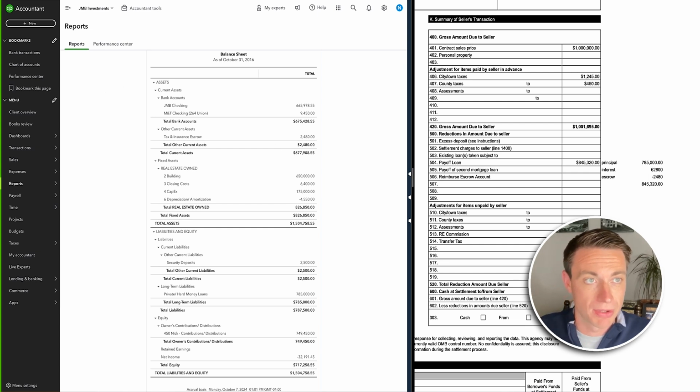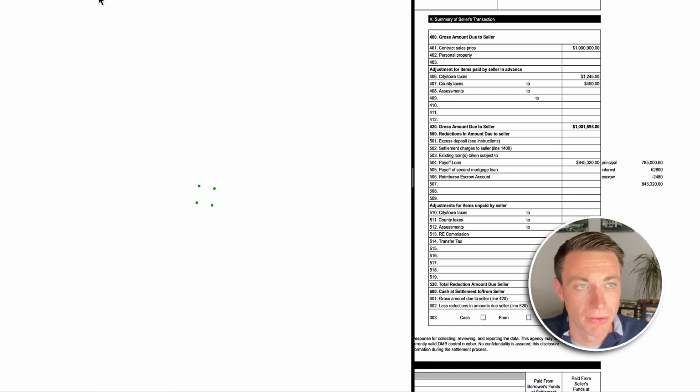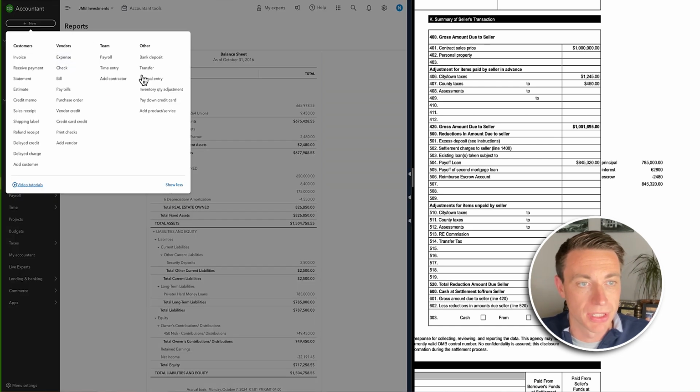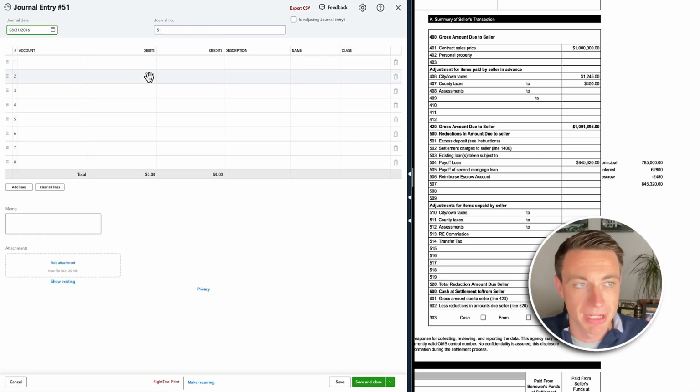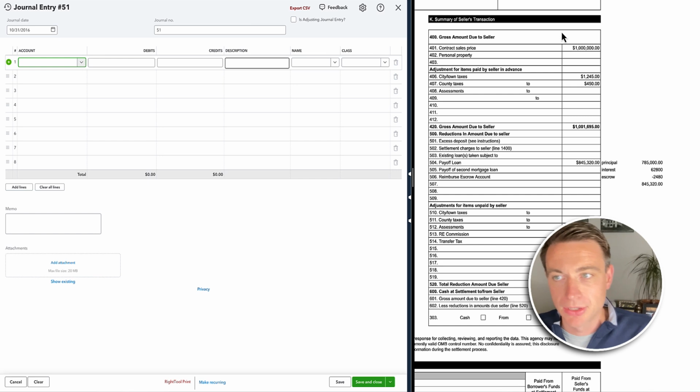In fact, I'm going to open this in a new tab so that I can click over and reference it here and there. Okay, so it's over here. Great. Now I'm going to create a journal entry. All right, so the journal entry is going to be on the day of the sale. So in this case, let me just do 10/31/2016. I think that'll work. All right, first thing I want to do, this $1 million is interesting to me,